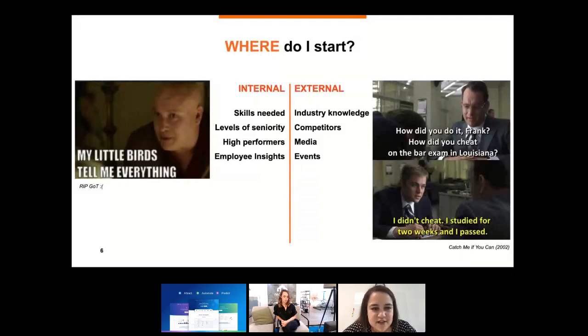And like I mentioned, looking at competitors as well, what makes them so competitive from a hiring perspective, and the developments in the industry when you're looking at these similar environments. This relates to media as well. Keeping up to date with articles, be it TechCrunch, Hacker News, etc. It's not just about finding the right candidates, but also knowing what's happening in that industry.